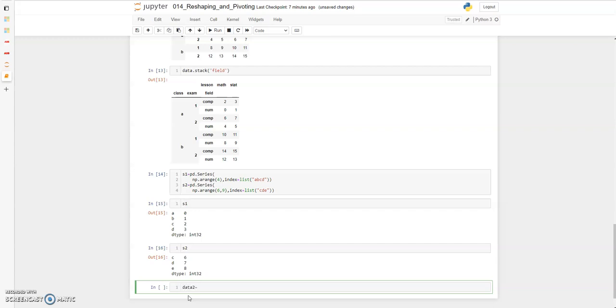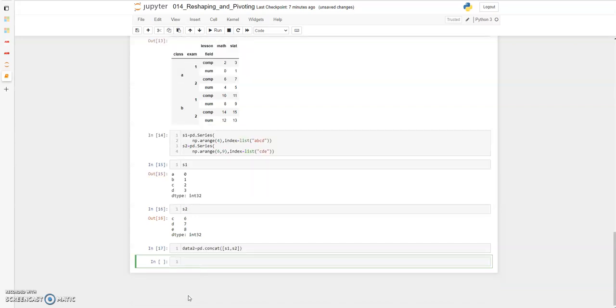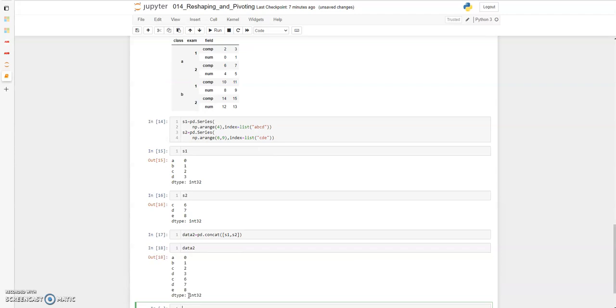Let me just use a data2 variable here. Now I will use pd.concat. Okay, and here I'll just use a list and say that we have the series I'm trying to concat, series S1 and S2. I can just directly use it like this, but what I would like to do here is give